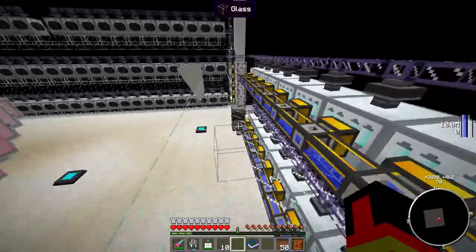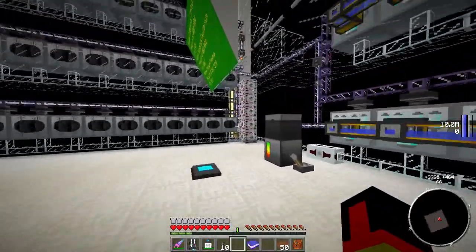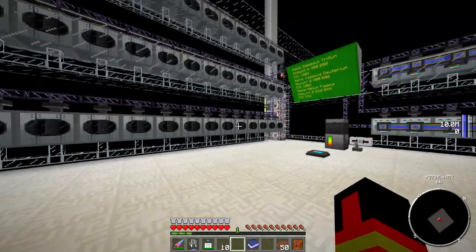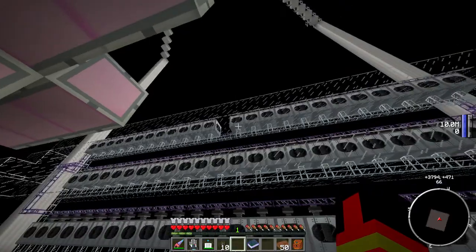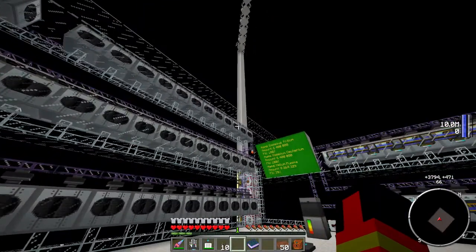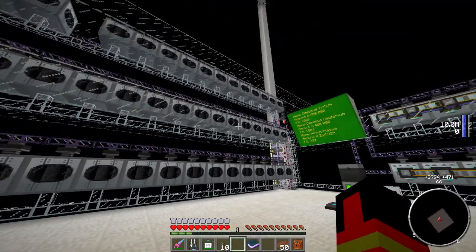Okay, so once we have hydrogen cells, 4 hydrogen makes 1 deuterium. So those are coming over here. I have 72 industrial centrifuges here. 60 of these are dedicated to deuterium, and 12 are dedicated to tritium. Really, this system is only making 12 tritium and 12 deuterium, because the rest of the deuterium actually goes up to,